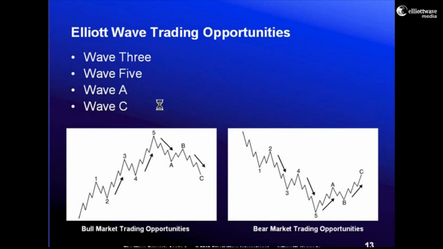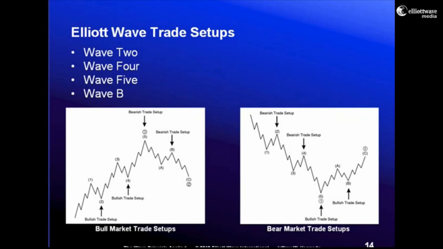The reason why is because those are trending moves. Those are going to be in the direction of the larger trend. And as a trader, I want the wind at my back. For example, let's say a buy-side trade for Google, well, how likely is that going to be a successful trade or a successful position if all the other major indices are selling off, and they're selling off hard? It's a low probability bet.